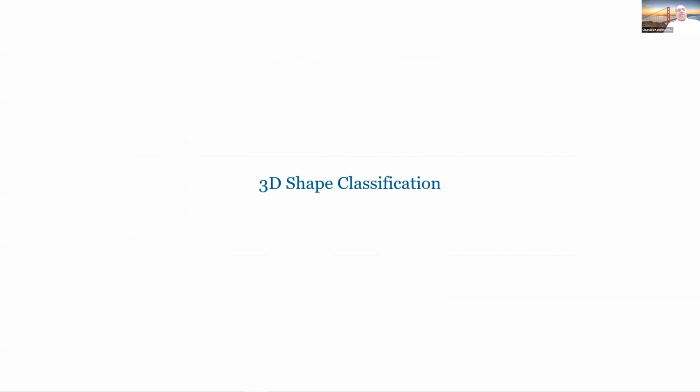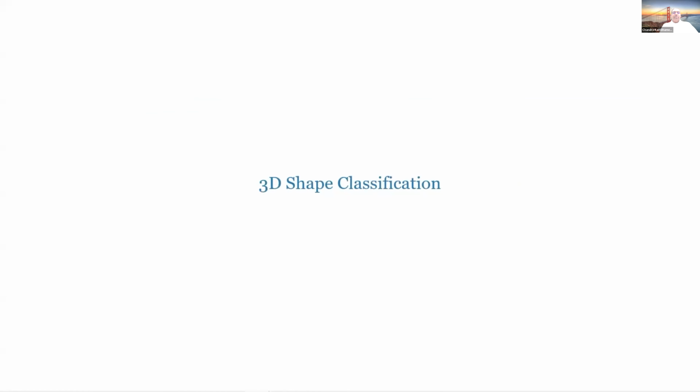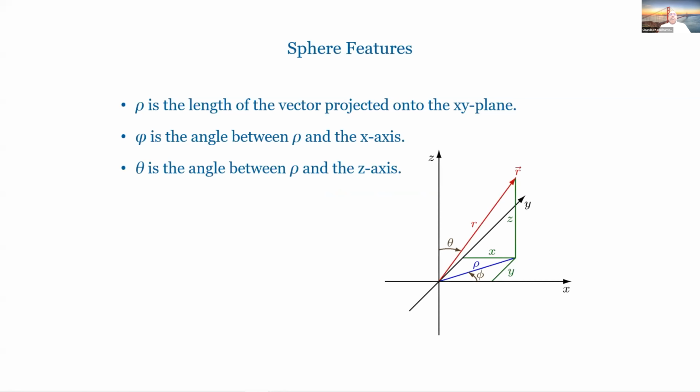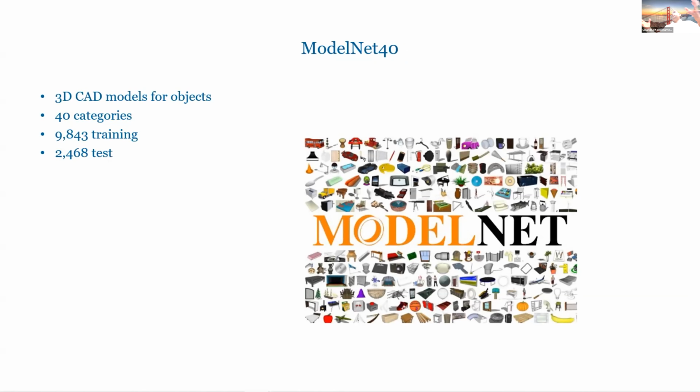Okay, so that said, are we messing up our classification and other things? That is the key, right? If you're not able to classify, what's the point? So we take that latitude and longitude, that theta and phi, we project it, and then we take that vector and make it an added feature vector along with XYZ. We put the center, the radius and this theta phi, and use that in classification. So we take the existing top classification scheme, and we add Saint. Is it getting better? Classification as in 3D object classification.